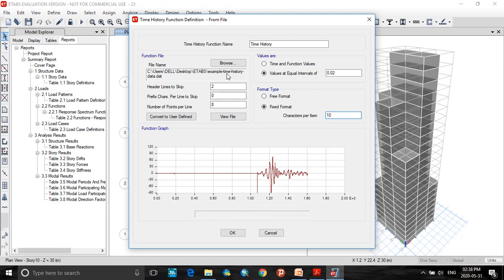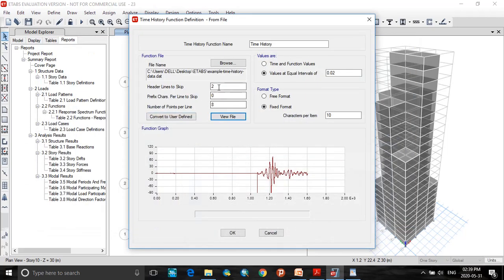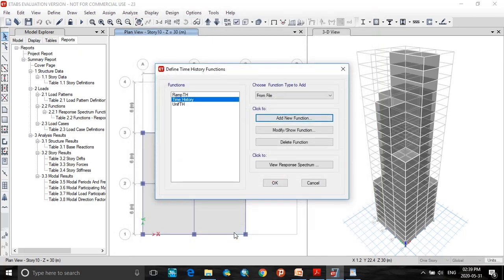Now for this header lines to skip, we will view the file. Here we have 9 header lines. So click on 9, and number of points per line is 1. Next click on OK. So now we have defined time history function.